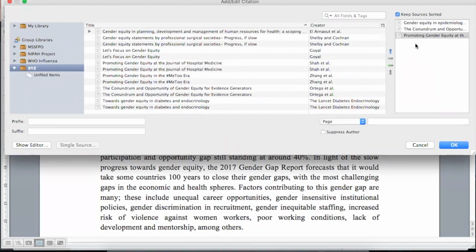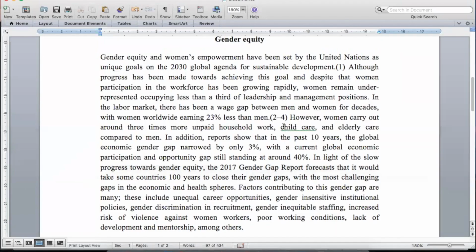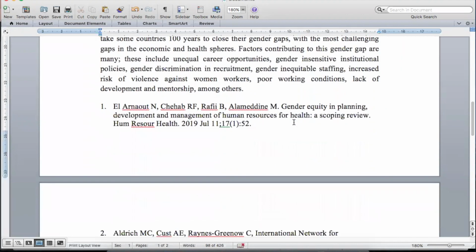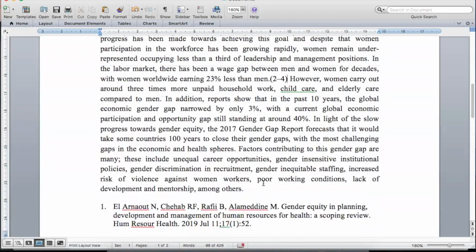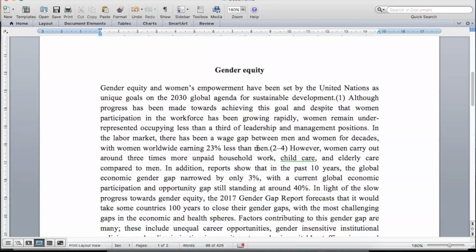So these 3 citations will be created together. And Zotero will automatically create a citation as 2 to 4. It won't say 2, 3, 4. It will automatically be 2 to 4. And bibliographies will be created just below the paragraph for your content.